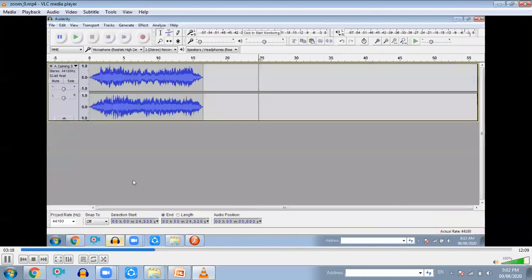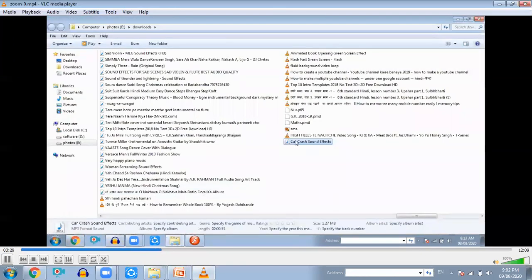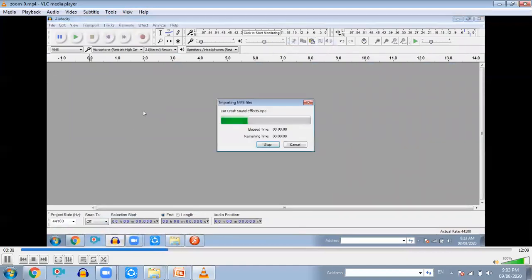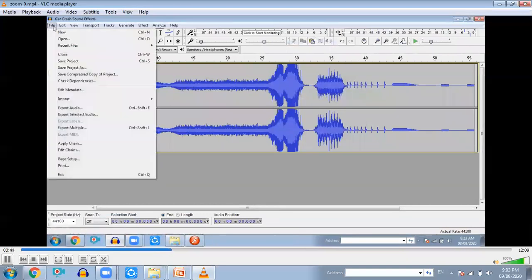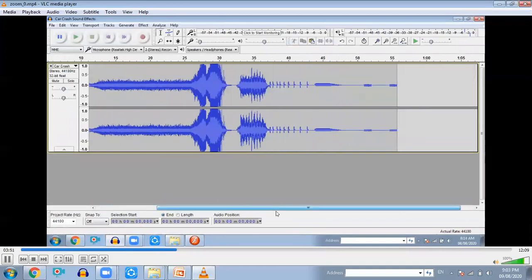Here I'm going to start Audacity and I want to take that car sound effect. I can take it directly from the folder also. From here, see, here we have the downloaded file. I'm going to take that into Audacity. I have dragged and dropped it in Audacity. This way you can open it, directly by drag and drop. You can also get it from import. Import audio, go to that location and you can get it. Now let's do the editing. We want this sound.